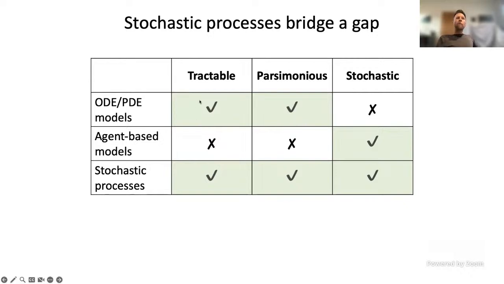So these are very popular models, but a drawback is they're not stochastic. They cannot capture some of the properties that are inherent to evolution, particularly drift, which is random changes in the frequencies of different mutations in the population, or stochastic extinction, which means that when a population size becomes small, it can become extinct just through bad luck. These kinds of behaviors are not captured with ODE or PDE models.